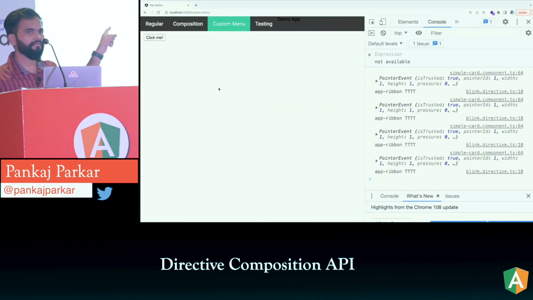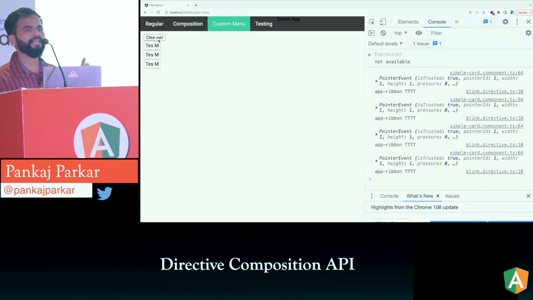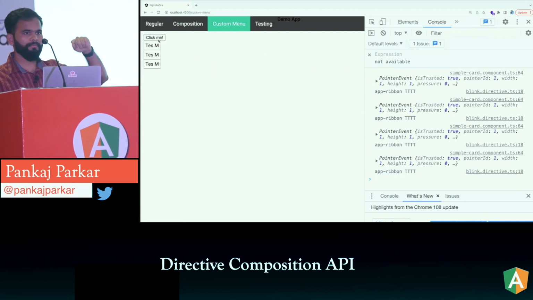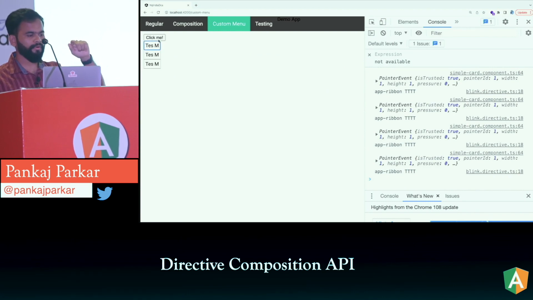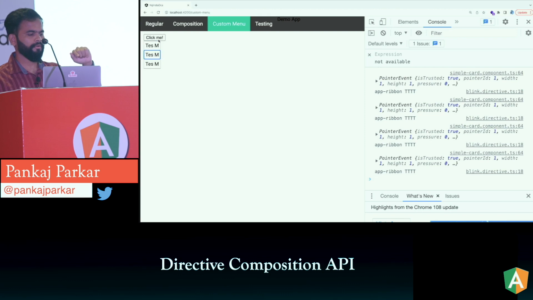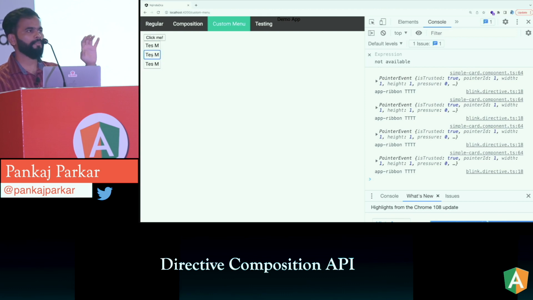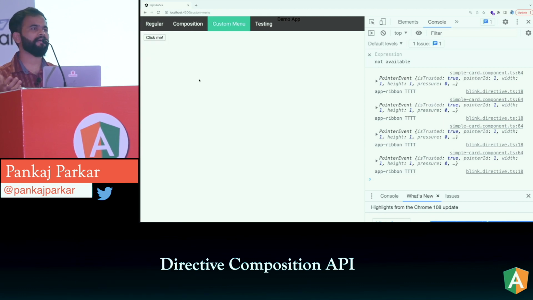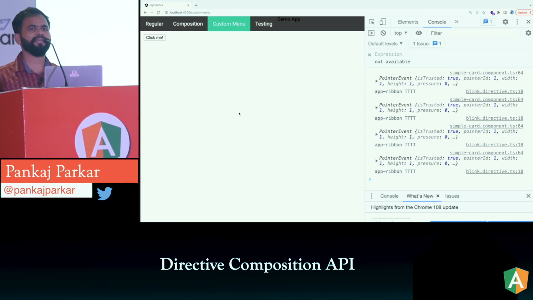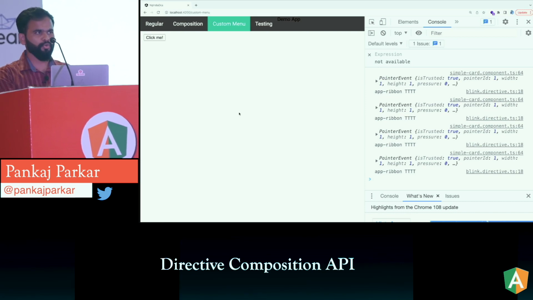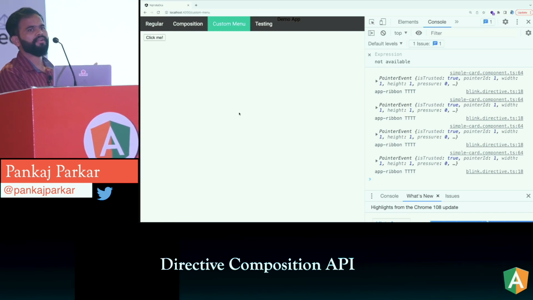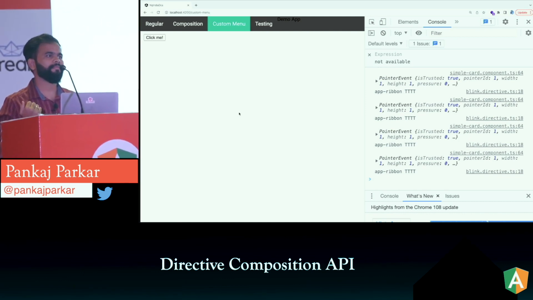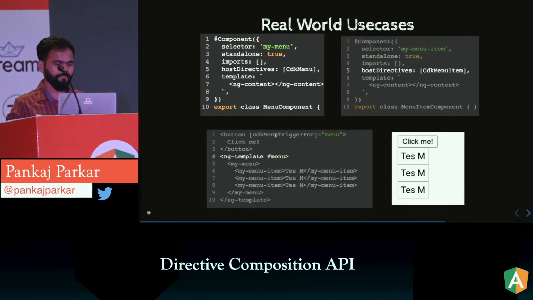So this is a button. This is a click me component I click, and I am just now doing keyboard up and down. Okay, I am selecting some option, the second one. See, it exactly behaves like a menu or select component. Okay, so you don't have to write so much code to achieve this kind of behavior. You can basically inherit those directives directly and achieve that behavior easily.